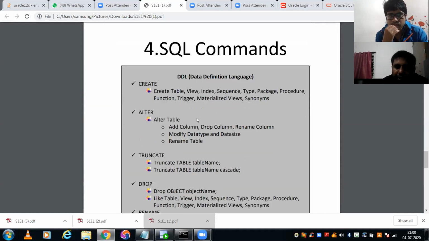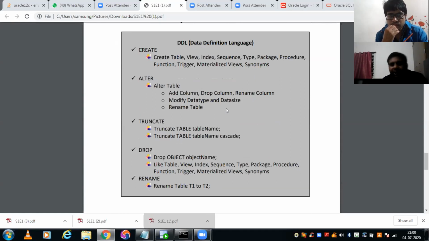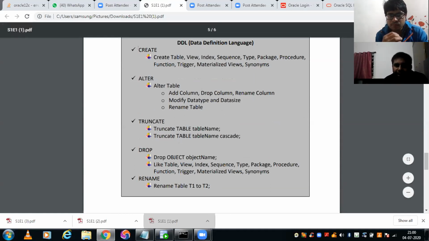SQL commands: one thing I would expect from the guys available over here is to go through these commands in advance, because these are available in the document. Saurav will share the document again for the guys who are new to our group, so that they get to know these commands and check on the internet what they do, so that when we go fast, you should not be missing it.